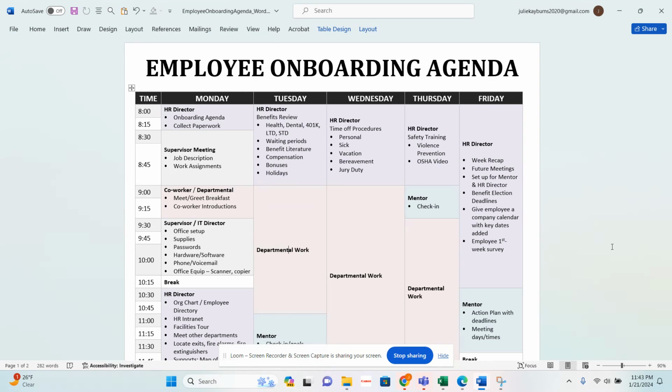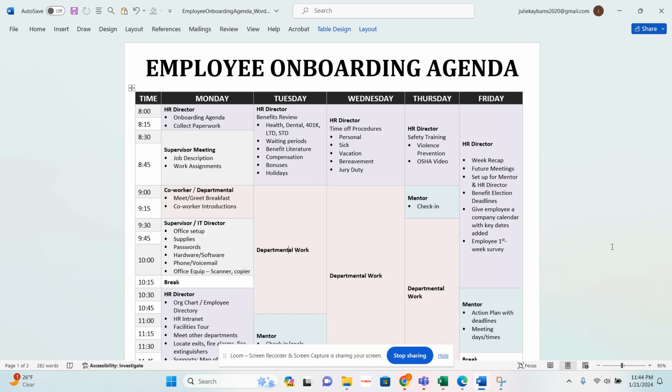So with this particular employee onboarding agenda, I said employee onboarding agenda. I didn't say a group onboarding agenda. Let's pretend this is a small to medium sized company where just one employee is starting, and you don't want to hold out for two or three weeks to have another employee start just to have an orientation.